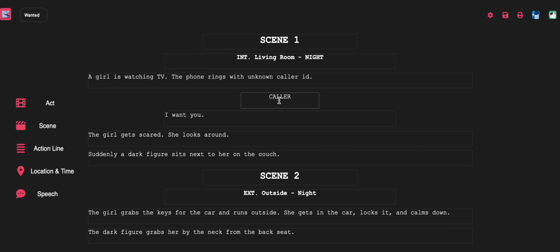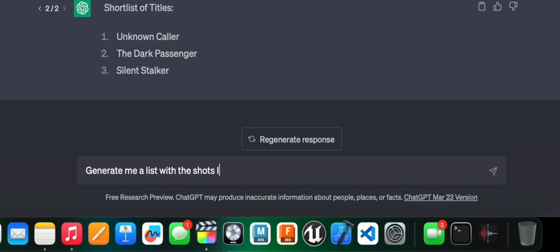After regenerating the script a few times with some more information, I got the script together and then changed some parts of it. This I've done in my own app called Screenwriter, which will be soon released on the App Store and web. After this is done, I put the screenplay again into ChatGPT and asked it to create a